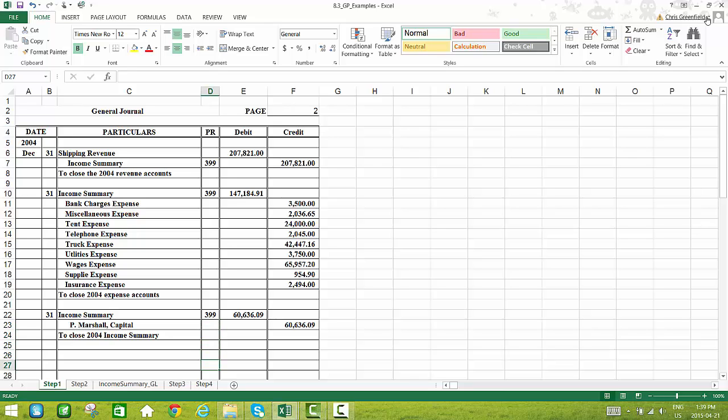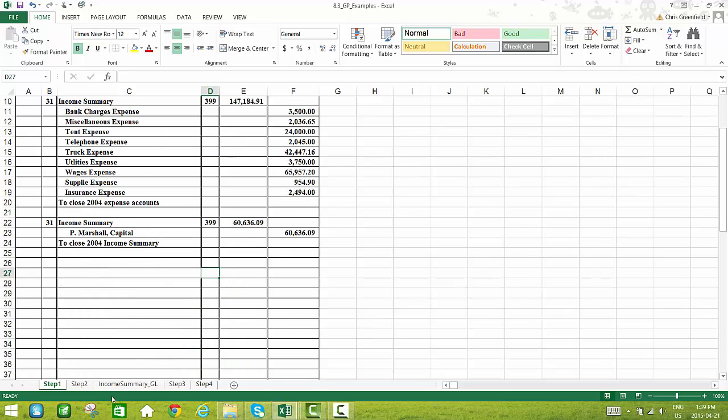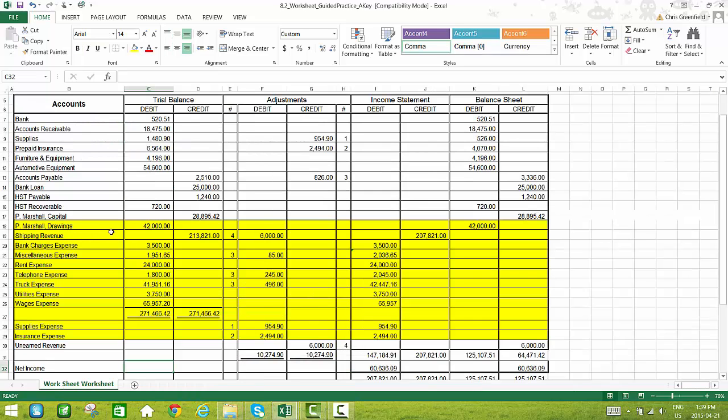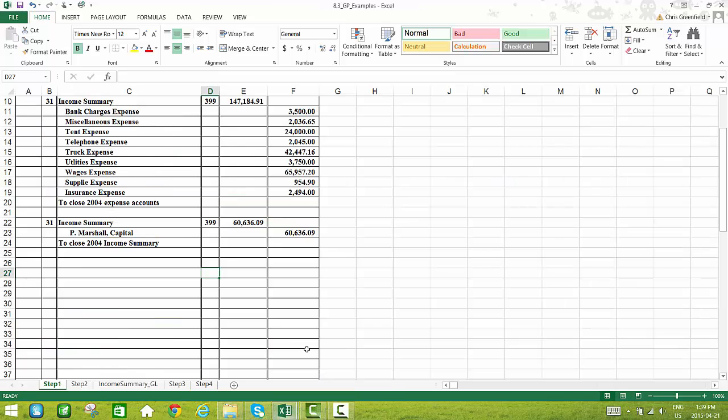Okay, last step then is to close off our drawings account. So P Marshall Drawings has a debit balance of $42,000. That means I'm going to need to credit that for $42,000. And I'm going to be debiting my capital account, which is there, and that should make sense because that shows the value of the business, and we are decreasing the value of the business, so we should see that as a debit. So we're going to go back to our journal page here,